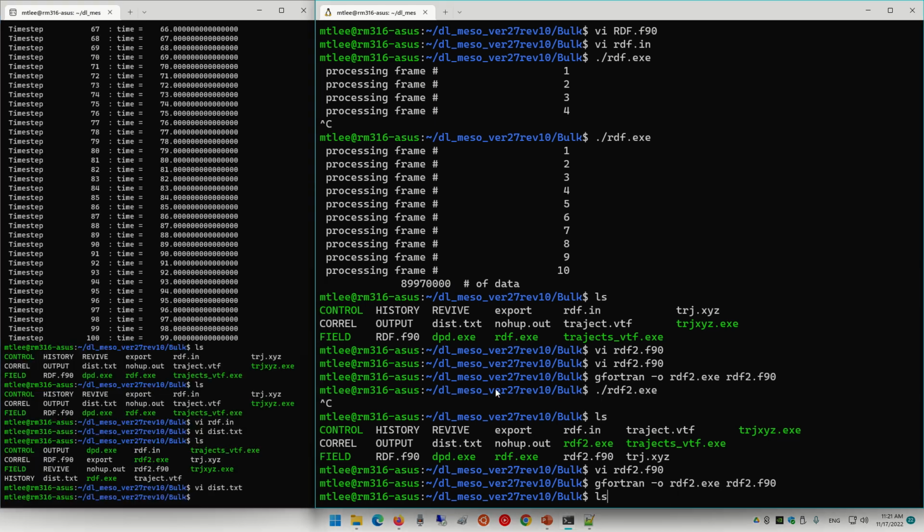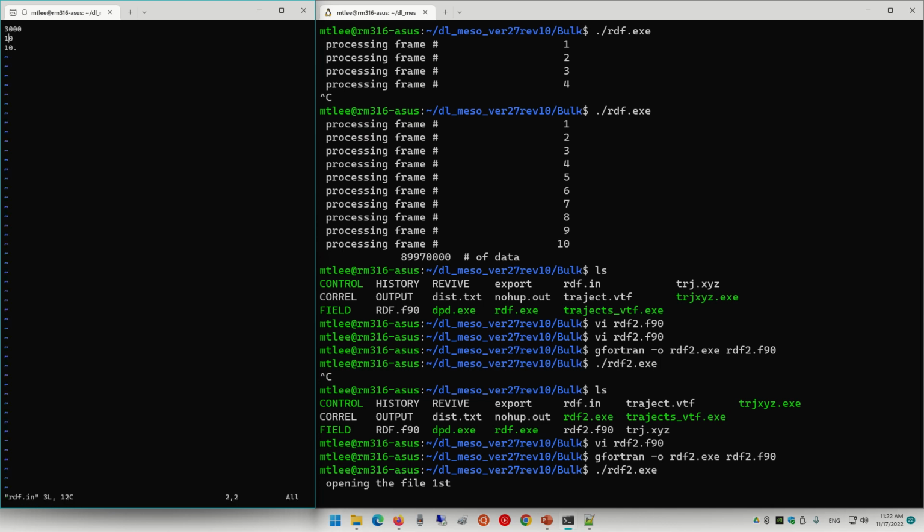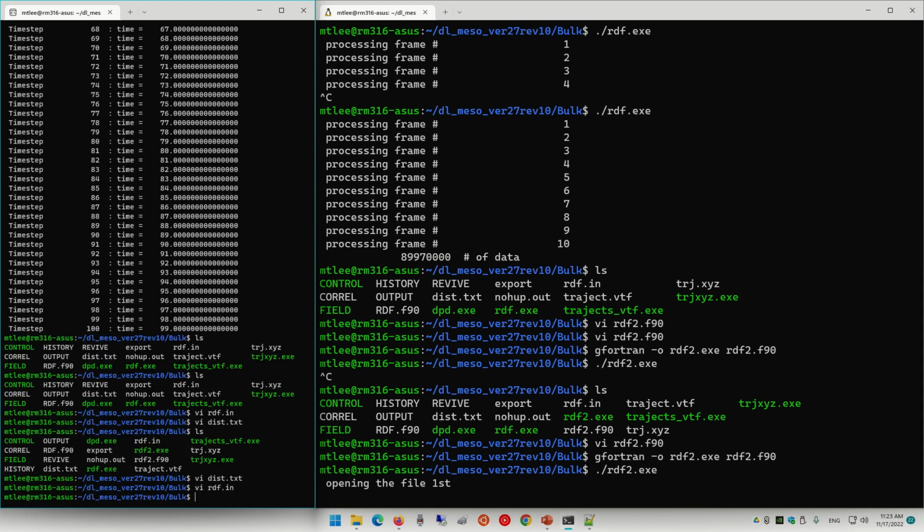Let's run the simulation, run the program. Oh, that really takes a while, even for opening the first time. No, it's okay. We have time. We'll just wait. Okay, still that's way too long. So meanwhile, we can try running our simulation again and make a smaller file. All right, just take it to 1 frame, and we run the rdf.exe first.